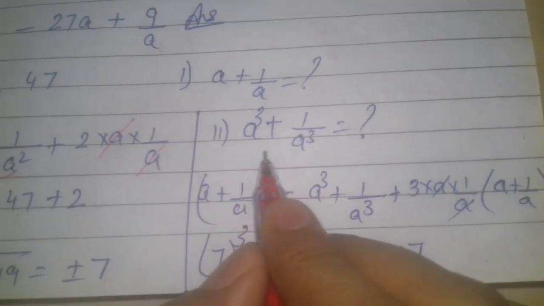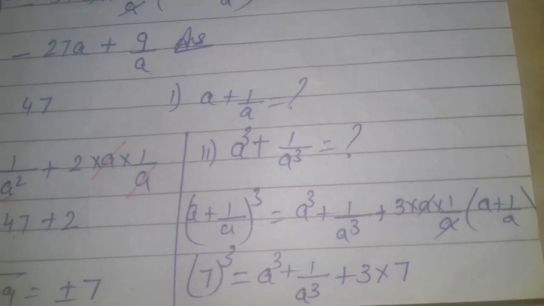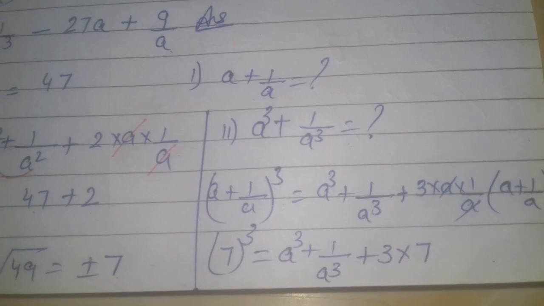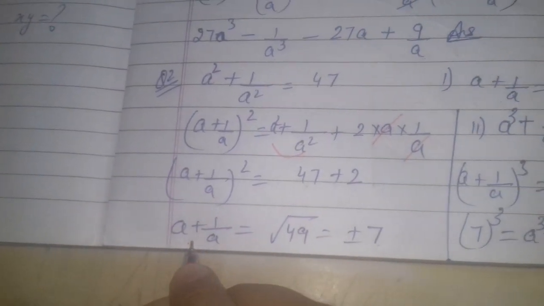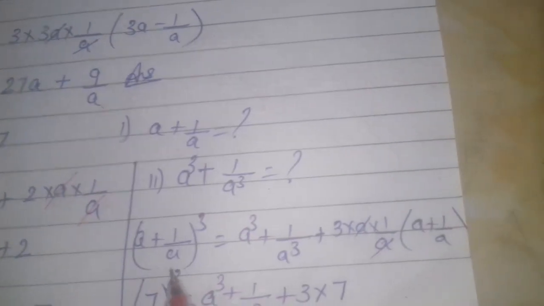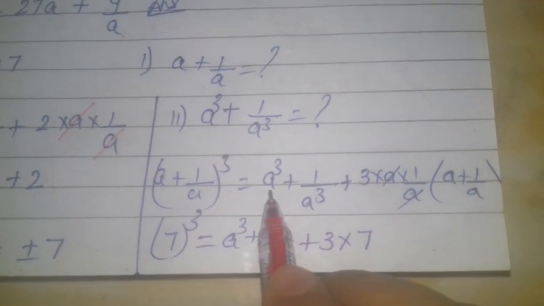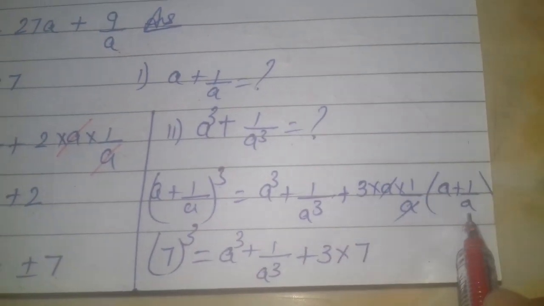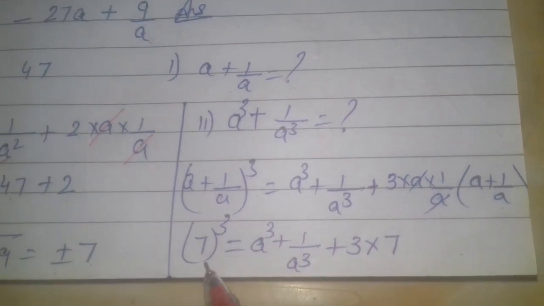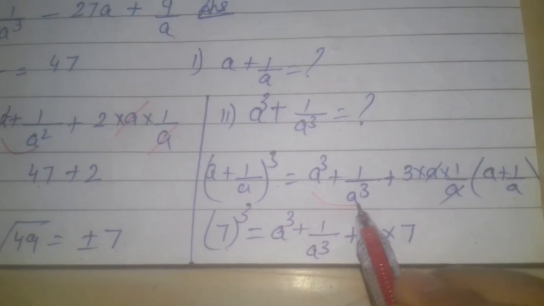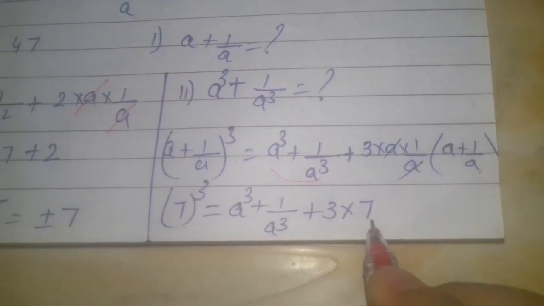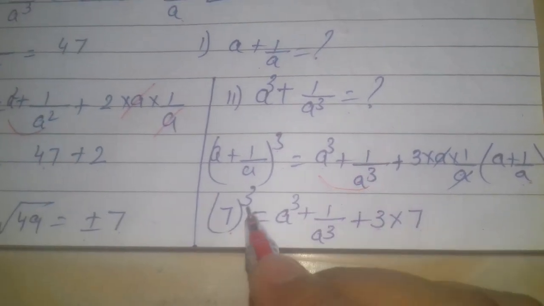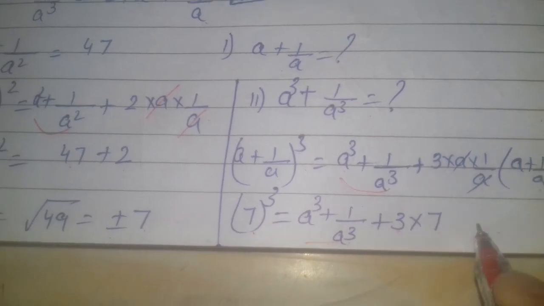Okay. Now we are asked to find this expression. So very simple. We got this value, a plus 1 over a. Now we can do cubing of this equation. So when you do the cube of this equation, you will get a cube plus b cube plus 3ab into this value. This value is 7. Put it here. This we are asked to find out. A and a will get cancelled and this is 7. 3 7s are 21. And now you have to transpose and find the value of this expression.